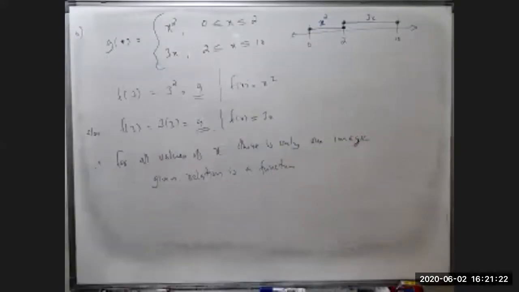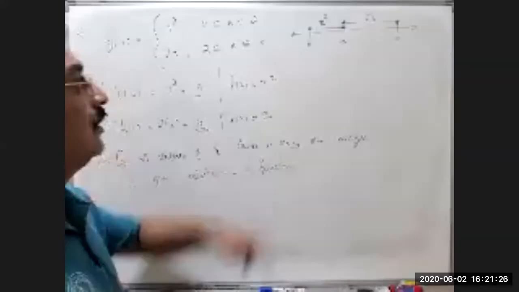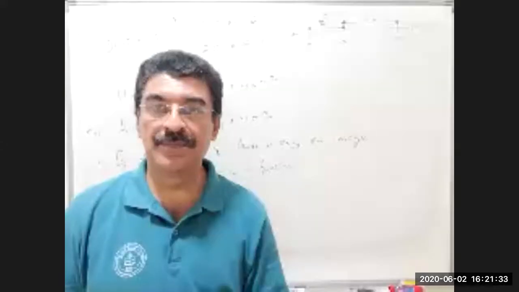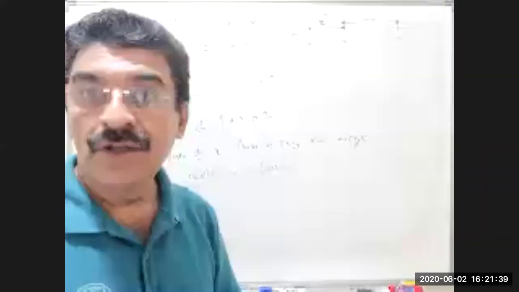See that here again from the figure make it out as 2. It takes two definitions at 2. If x is 2, it can be x squared, or it can be 3x. So find those values. F of 2